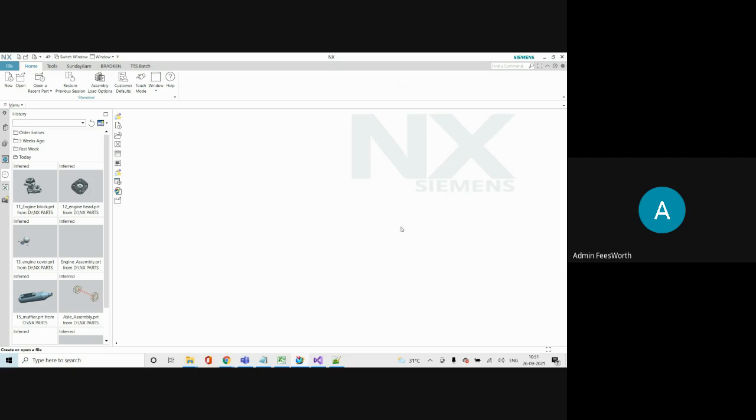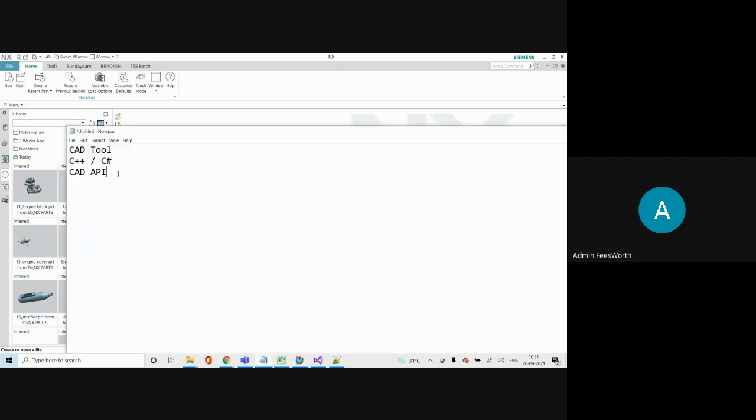That's all. So that is API. That means the programs are already written. You say extrude, it will extrude. You call delete, it will delete. You change the color to something, it will change the color. All programs are already written.